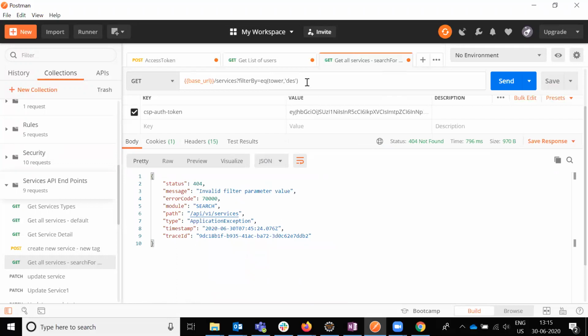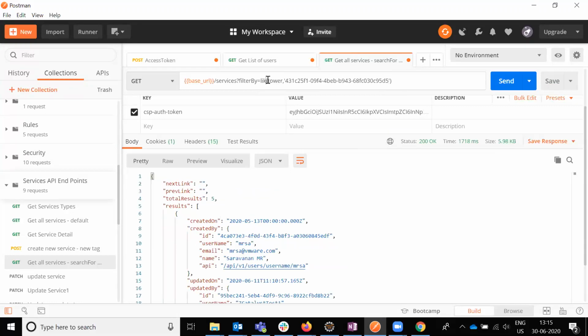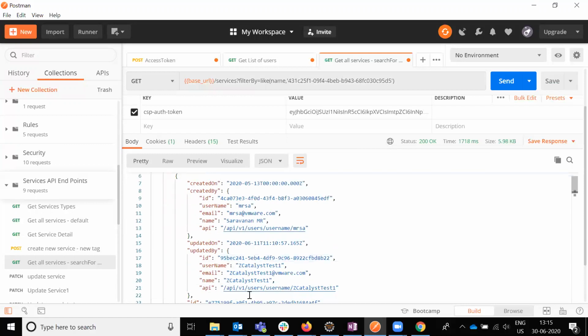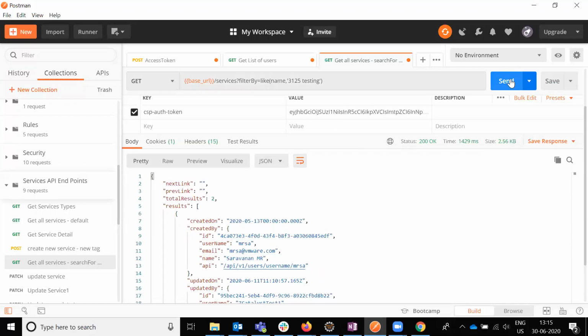Now we are going to discuss the like condition. We saw EQ, now we are going to use like with name. Here name is the field, it is the name of that field value. Now two values are presented, it displays the corresponding values. This is called filters.